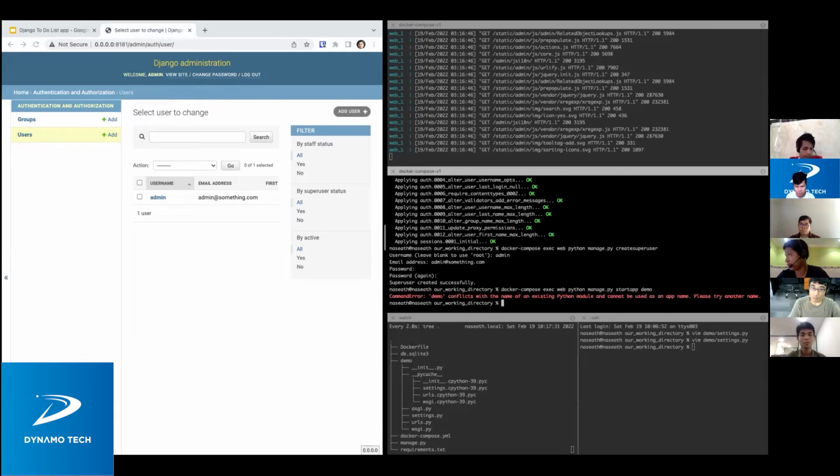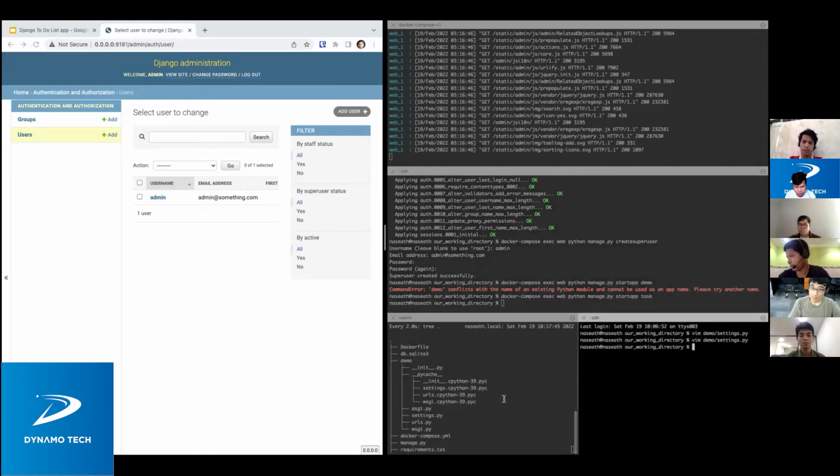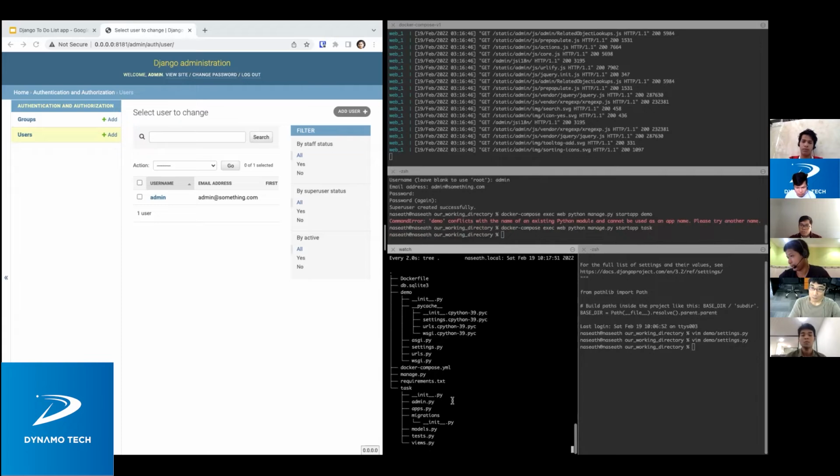Okay. Oh, it also conflicts with our project. We have our project demo. So I will name our app task. So we name our app task. So now we see we have another directory. We should have our directory here. Task. So in the task, we have init, admin.py, apps, migrations, models,